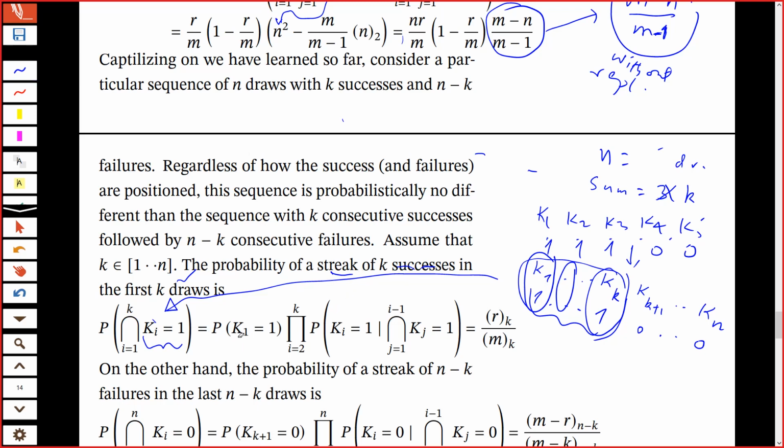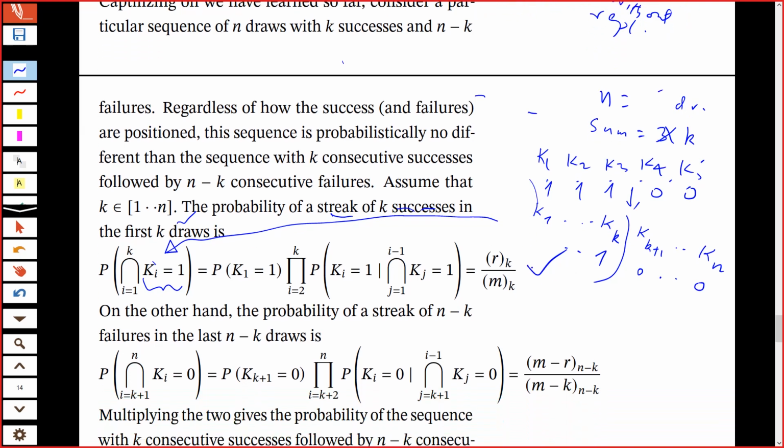इसकी प्रोबेबिलिटी क्या होगी, K1 से स्टार्ट करें और फिर बाकी सारे कंडीशनल प्रोबेबिलिटीज हैं। K2 गिवन K1, K3 गिवन K1 एंड K2, K4 गिवन K3 K1 K2 एंड सो ऑन। किसी भी इवेंट के लिए आपको 1 से i-1 तक सबको कंडीशनिंग करनी पड़ेगी। वो सारी कंडीशनिंग उस ड्रॉ ट्री डायग्राम से आप लगा दें, यू विल गेट दिस फार्मूला सो इजी। या आप इसके बगैर भी कर सकते हैं। फर्स्ट का क्या होगा, r ओवर m, r ओवर m होगा या नहीं। सेकंड का क्या होगा, r-1 ओवर m-1 एंड सो ऑन।